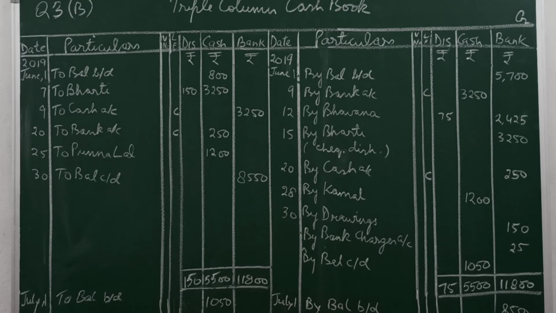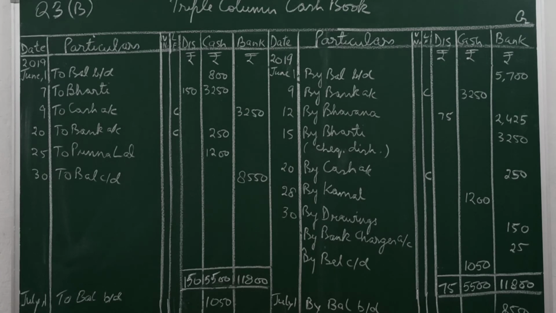Whenever you receive a check, you have to see is the check given to bank on the same day or on future date. Then other treatment is a check is received and you forward the same check to whom you have to make payment by writing his or her name at the back of the check or by attaching a slip. It is called endorsement. That is forwarding the same amount of check which you owe to other party.